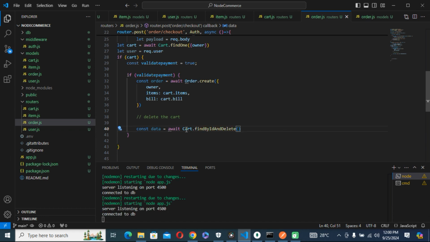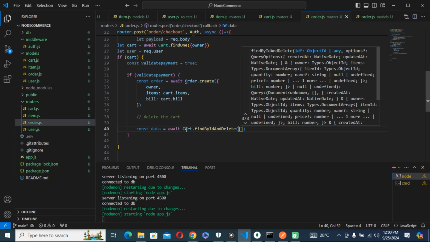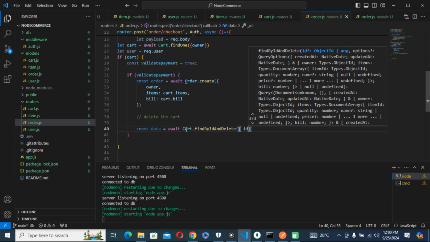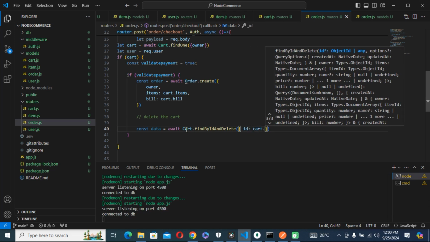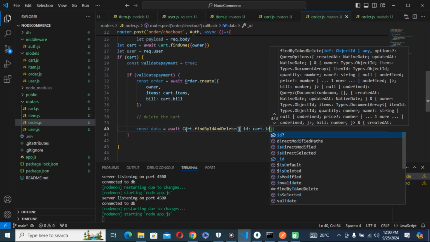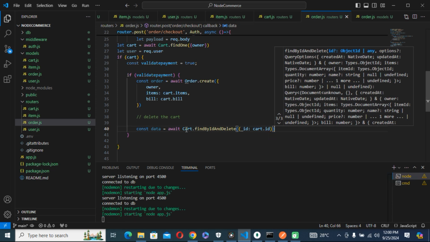What are we deleting? We are deleting the _id of which is what? cart.id,